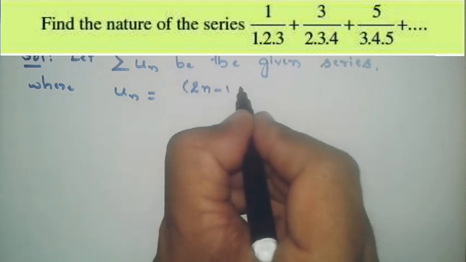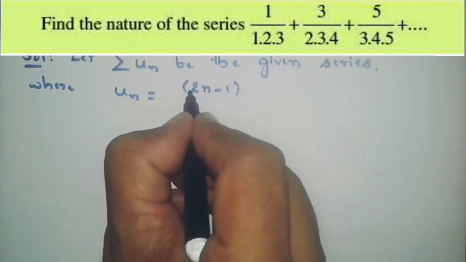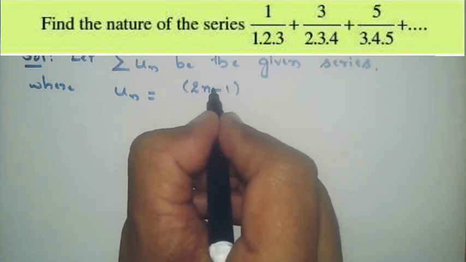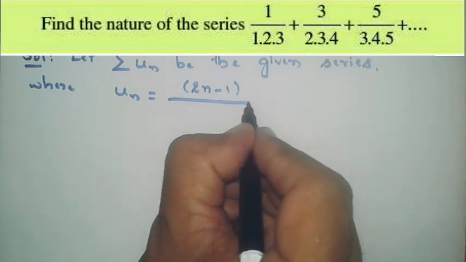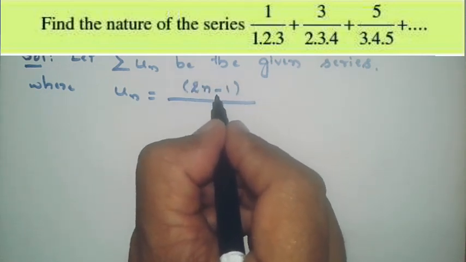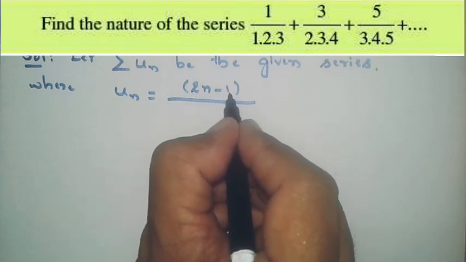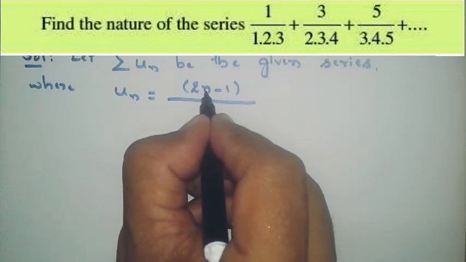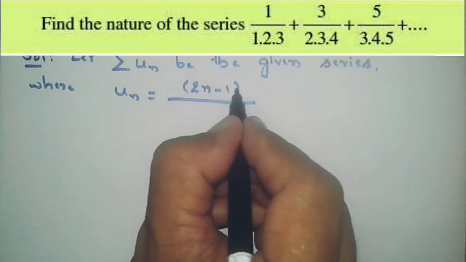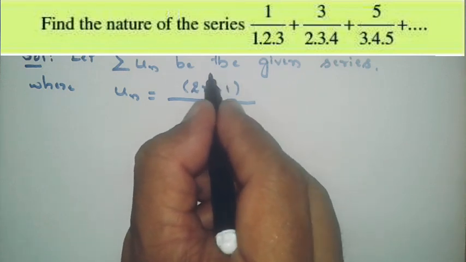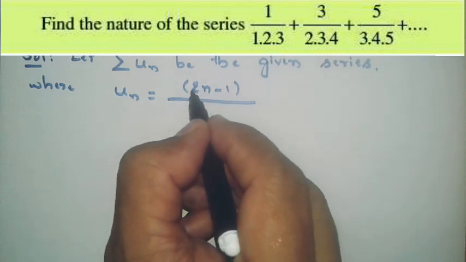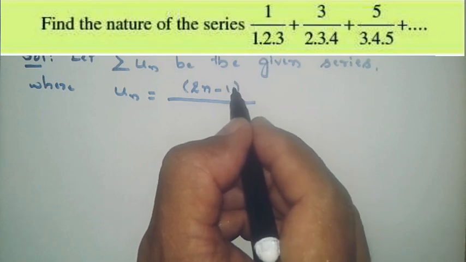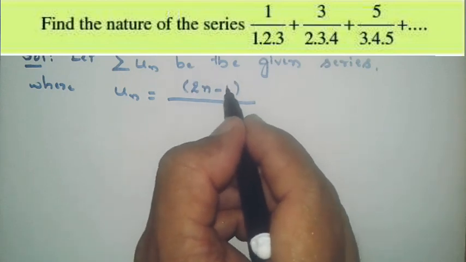So this is the numerator. When we put n equal to 1, we get 2 minus 1, that is 1. The representation 2n minus 1 always represents the odd numbers starting with 1 when n starts with 1. When n starts with 0, we have to take 2n plus 1 for the representation of odd numbers. But here our n starts with 1, therefore we consider 2n minus 1 for the numerator, that is 1, 3, 5, like that. Each odd number is represented like this.